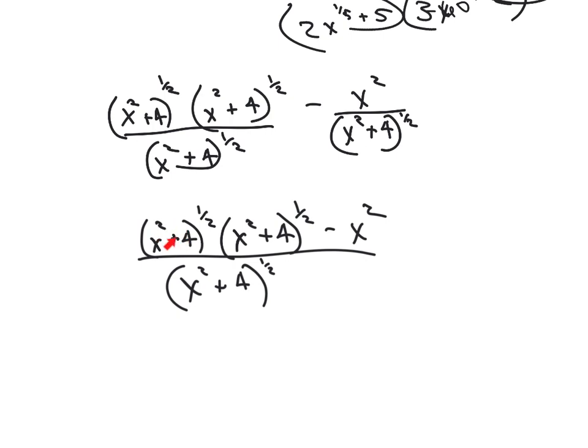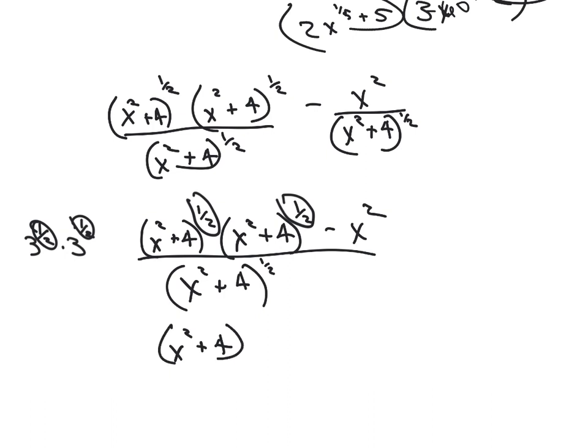So when you're multiplying something like 3 to the 1/2 times 3 to the 1/2, what do we do here? We add the exponents. That's all we're doing here, is adding these exponents. So we have x squared plus 4, 1/2 plus 1/2 is 1. So really our exponent here is 1, which we don't have to show, minus x squared all over